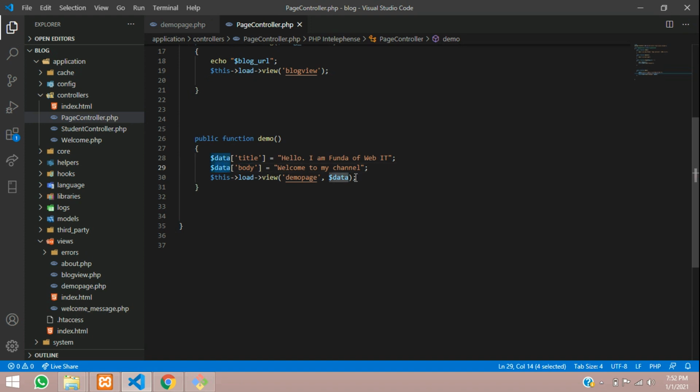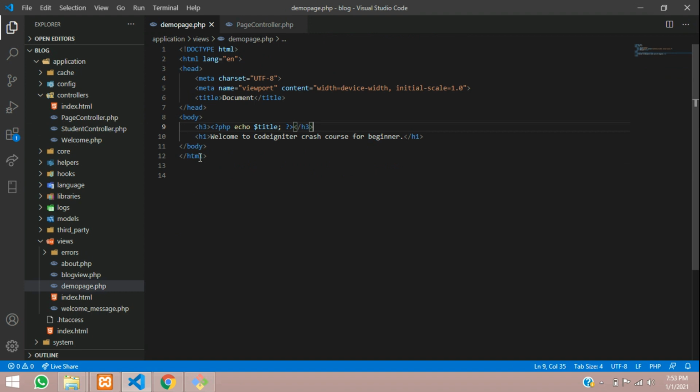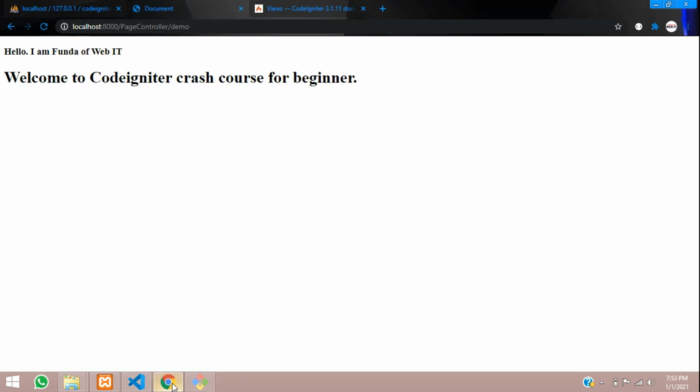You have already passed the data over here, and now we will copy this variable and go to your view page, I mean the demo page, which we created. Press enter over here, call the br tag, break tag, and paste it into an h4 tag. And the second method to echo the output is that you can just print, using equals and your content. This is a shortcut method. Instead of using this long type, you can use this shortcut one to view the output. Let's see that also.